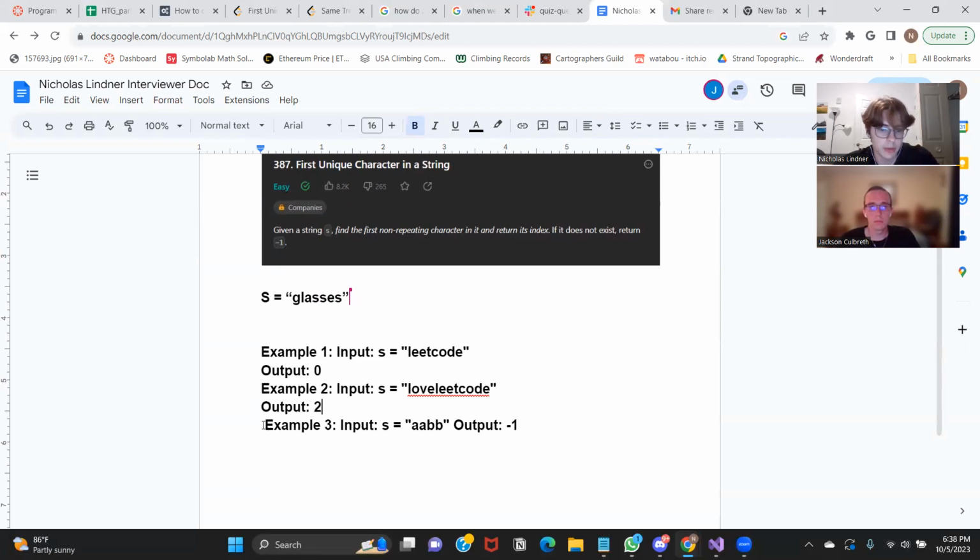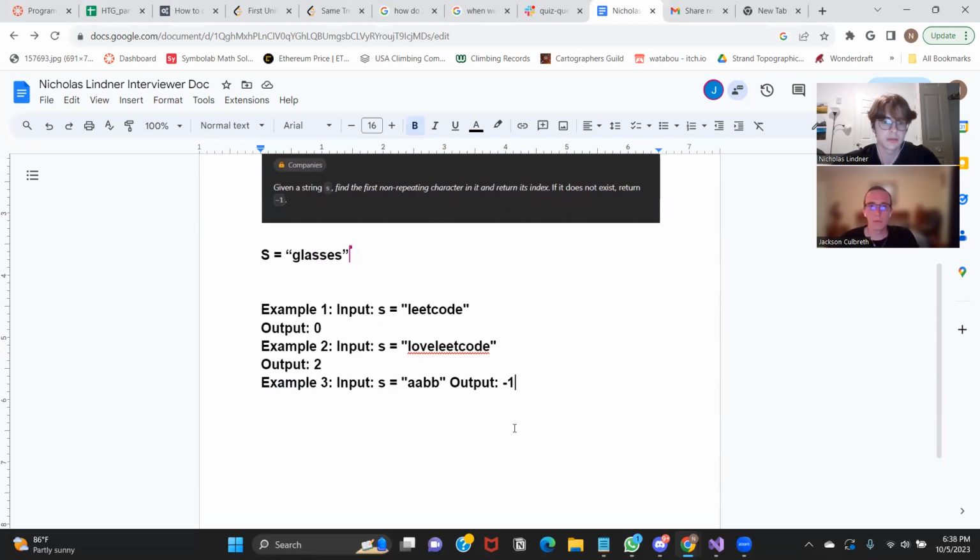And in example three, we're outputting -1 since both of the characters are doubled back to back, which in this case is kind of ignored. So it would output -1. So from there, try to continue,